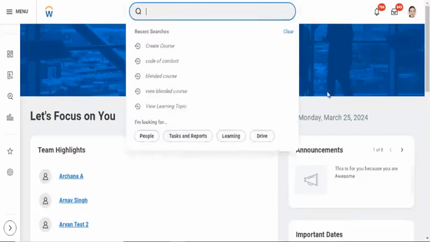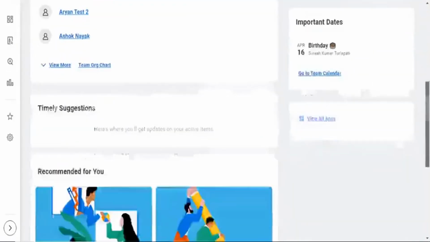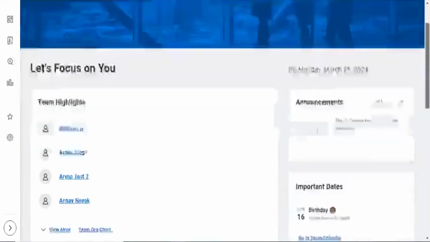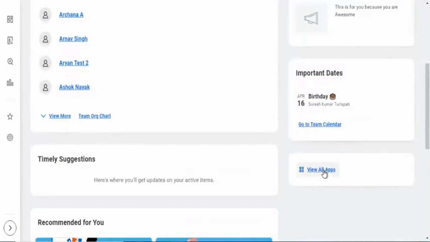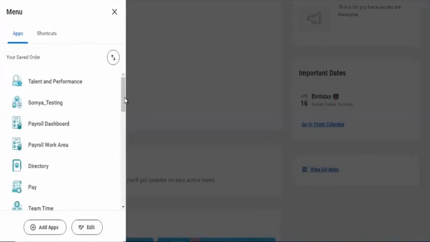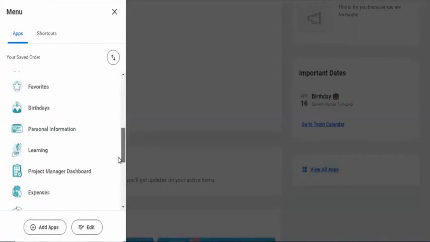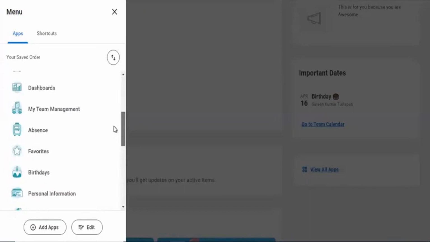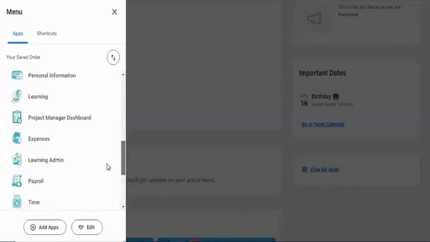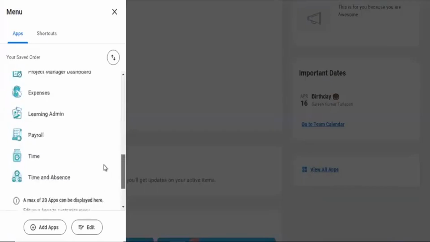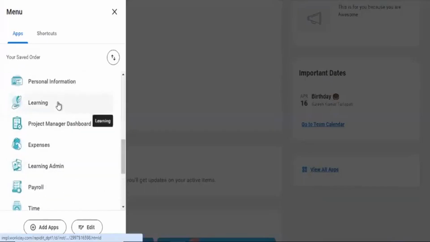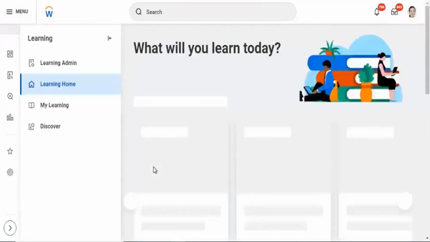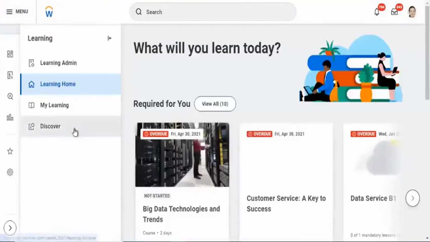I'm going to Learning Apps, then Discover, browsing.